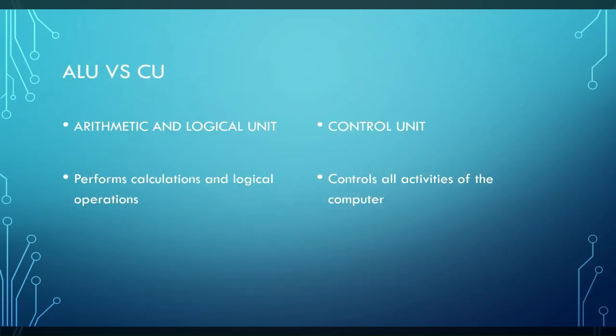See, ALU is used to perform calculations and logical operations. If I need to perform any mathematical operation of plus, minus, multiply, divide, or any logical operation greater than, equal to, less than, equal to, then it is being sent to ALU unit of the CPU and we get the desired result. And if I don't need to perform any of these operations, then you will be wondering what operation would be performed.